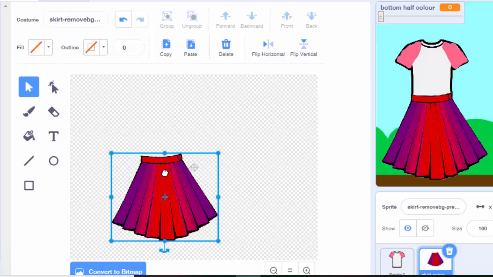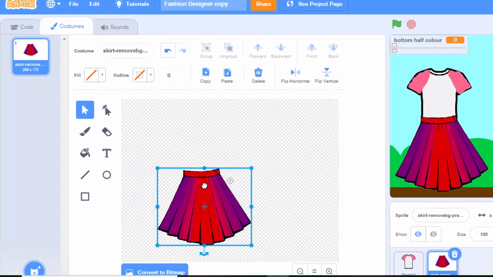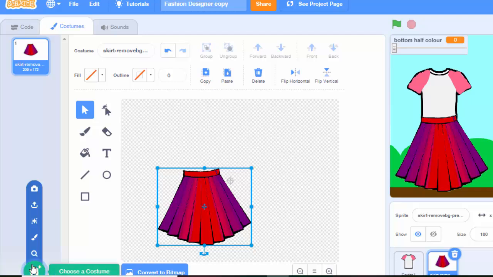So for my next costume, what I could do is go and get more pictures. But what I can do with this, if I want to, like we did before, is duplicate this and change some of the patterns and designs on it. But what I'm going to do is I want another costume to go underneath it, and this time it's not going to look anything like it. I want some trousers or some jeans. So I could go to remove.bg and get a picture, but I've already done that. So I'm just going to go to upload costume,